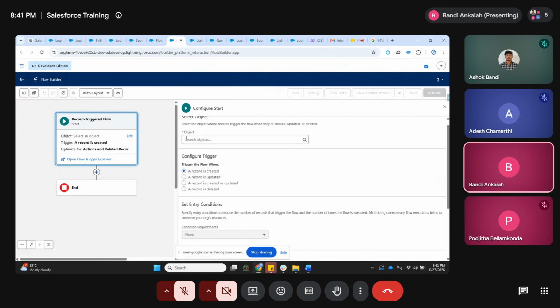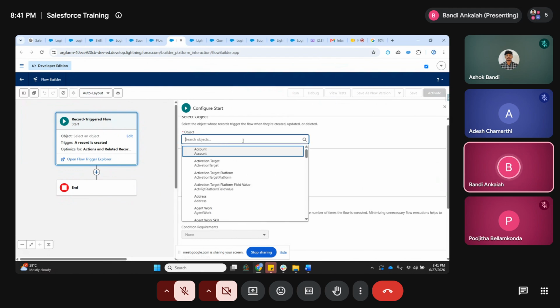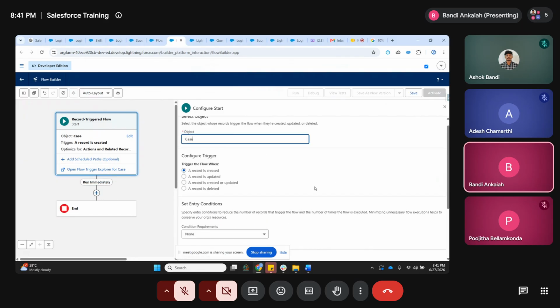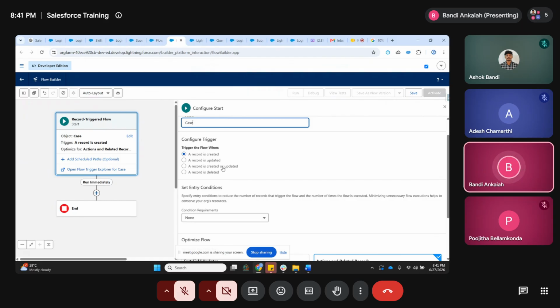Here you need to select which object we are going to choose. Here, case object. And whenever a record is created,